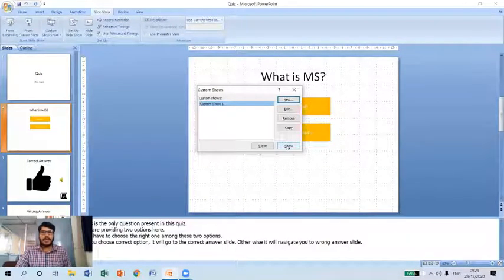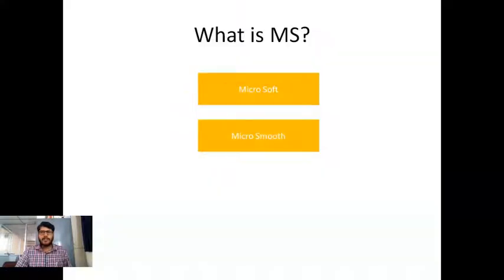Now click on the show button here so that the custom show has started. As you can see, it is not going to display the first slide, that is the quiz slide, because in the custom show we skipped the first slide. That's why it is starting with the second slide, that is the question slide.